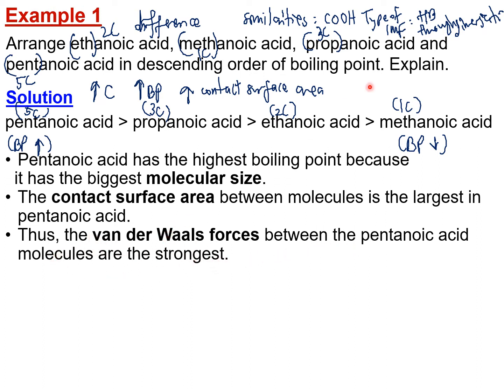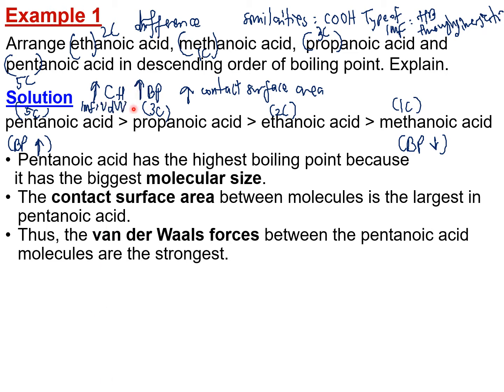Kat sini kita tak guna point hydrogen bond. Sebab kenapa? Semua carboxylic acid ni semuanya ada hydrogen bond. So, we don't use this kind of point. Kita gunakan points carbon yang banyak. So, kita tahu kalau carbon banyak, it is not about dia punya type of intermolecular forces, dia bukan hydrogen bond. Kalau kita sebut pasal carbon, sebab ni kan dia punya carbon banyak, CH3, CH2, CH2 and so on. Kita tahu kalau C dengan H sahaja, dia punya types of intermolecular forces adalah van der Waals forces.